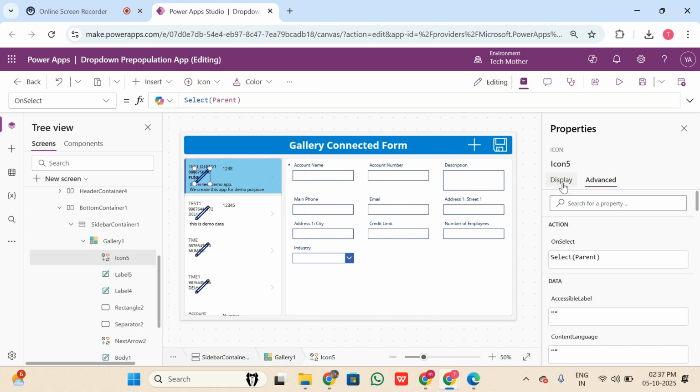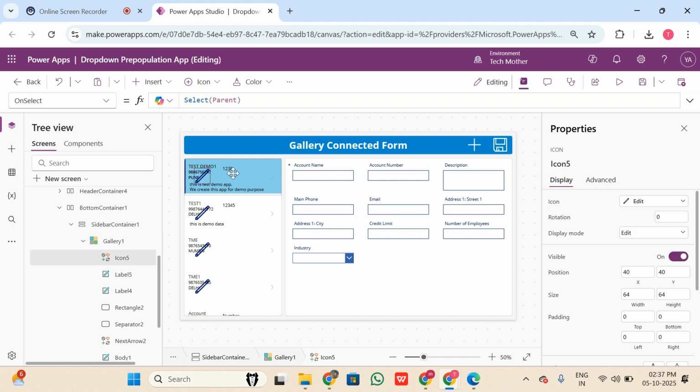Yeah, so this is added. I will resize this one and change the position. Actually this width and height is 64, so I will change this to 40 only. Height and width will be the same.